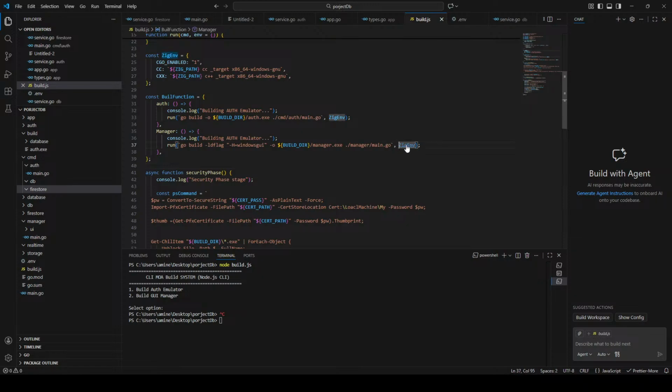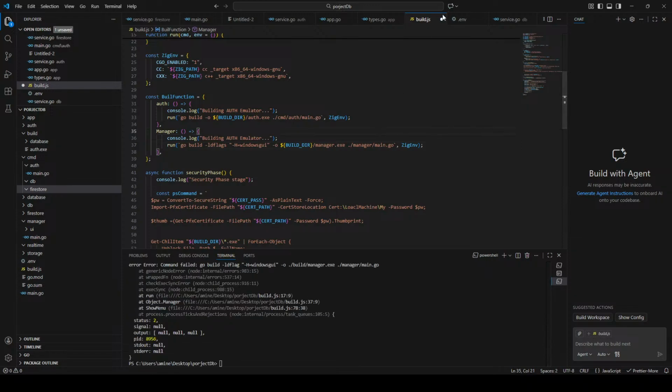Events. Yeah, it is already enabled on 1. Perfect. So if you added the flags and Windows GUI, and now you press 2,